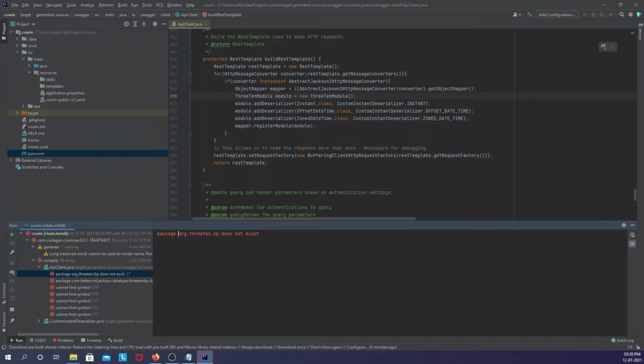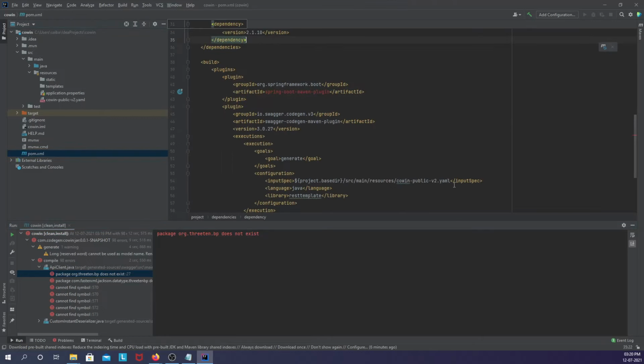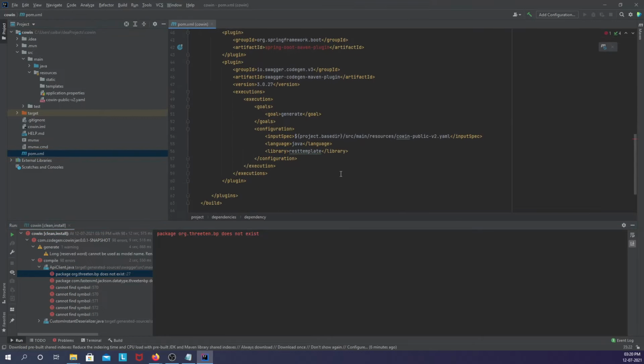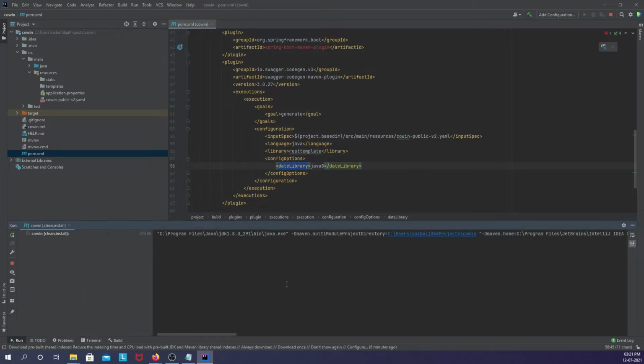Because of that it is giving that error, so we need to override the default package used for processing the dates, and instead let it use the Java 8 library only instead of the custom third-party date processing packages. So I need to include the config options within the configuration and give the date library as Java 8, and that will solve this compilation error.